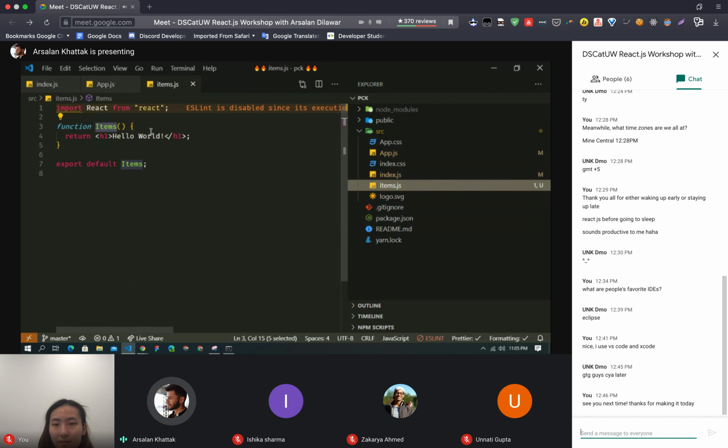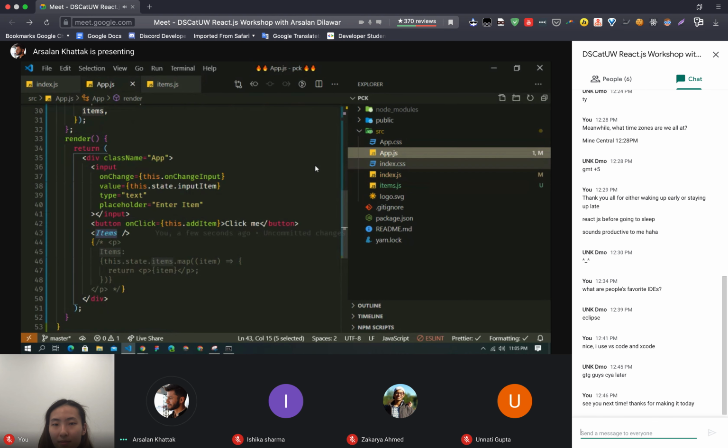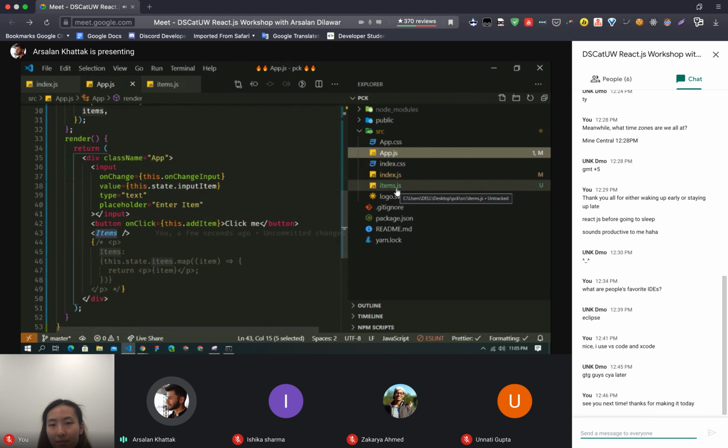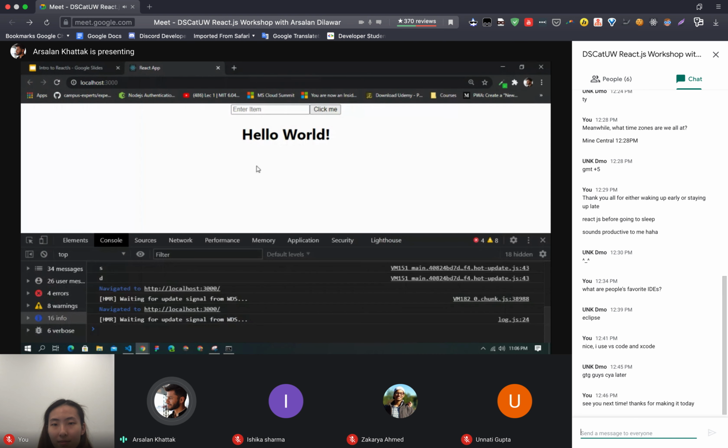This component is custom, and you can use it anywhere you want. You can use it in this file, and also in this file right here. So that is now a reusable component. That is what I meant by reusable component when I talked about it in the starting. Now if I go back to my page, you can see this hello world.